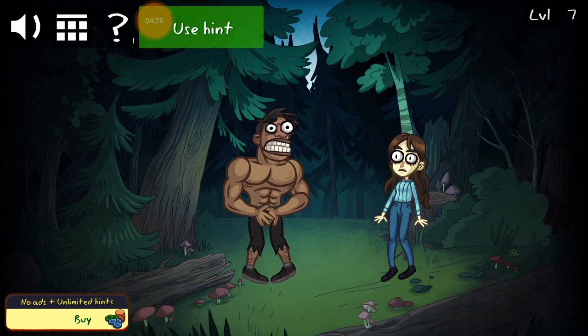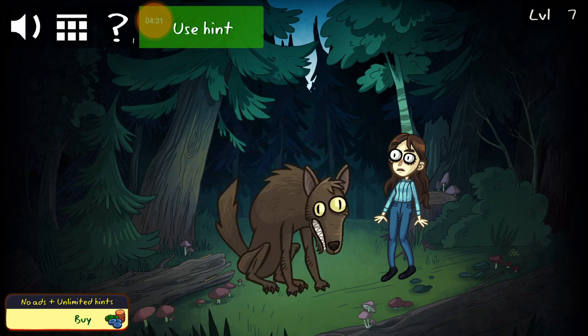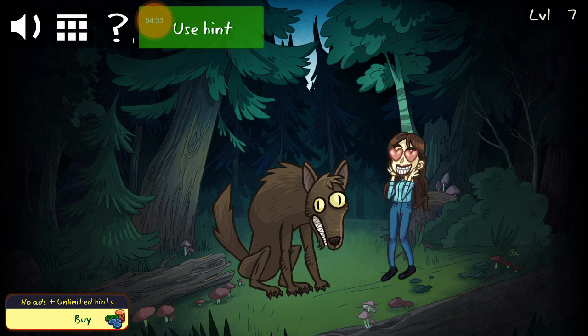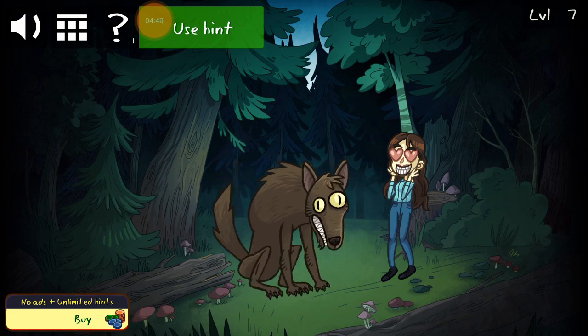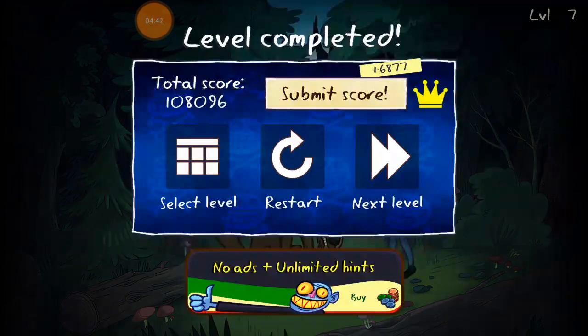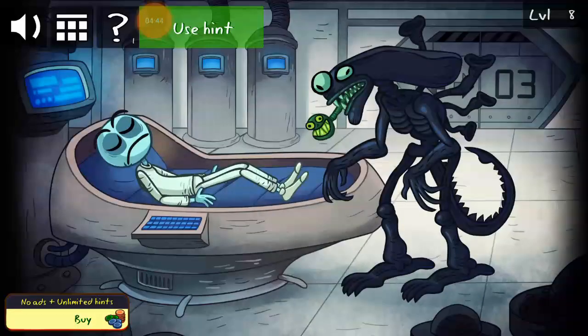But you got to hold your finger on his chest for a while. He turns into a wolf. Then you tap her, and she falls madly in love with him. Oh, and then you tap him, and then he pees. So, yeah, somehow that just seemed to work. This one,